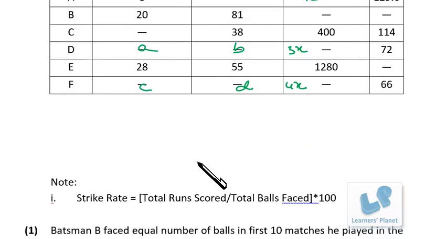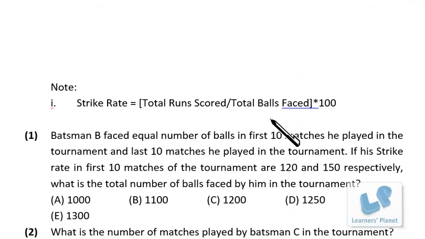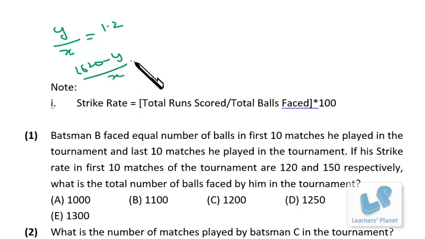And the total runs scored by batsman B will be 20 into 81. Okay. So 20 into 81 is 1620 the total number of runs. Okay. So for the first 10 matches, I suppose the total runs is y, divided by x, the total number of balls faced, that should be 1.2. Similarly, for the last 10, it will be 1620 minus y, divided by x, is 1.5. So if I divide this by this, I'll be getting 1620 minus y by y